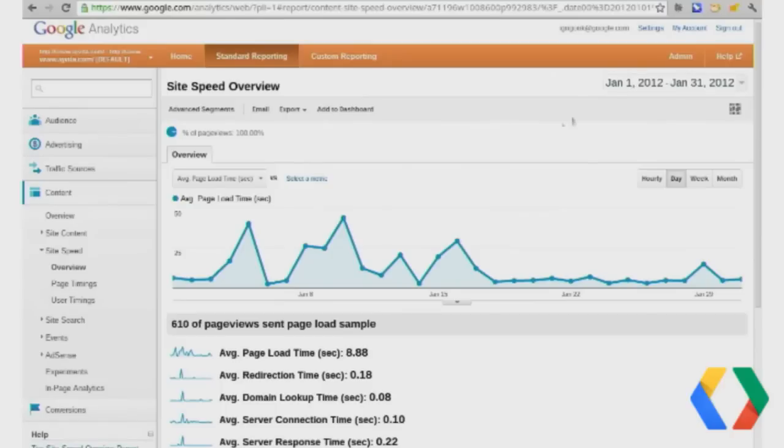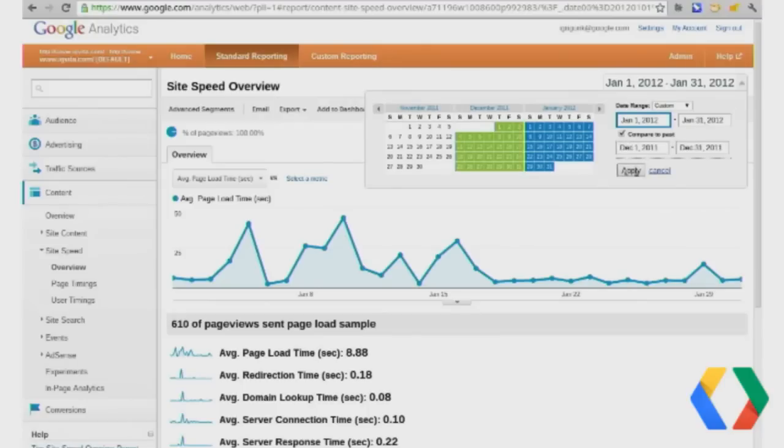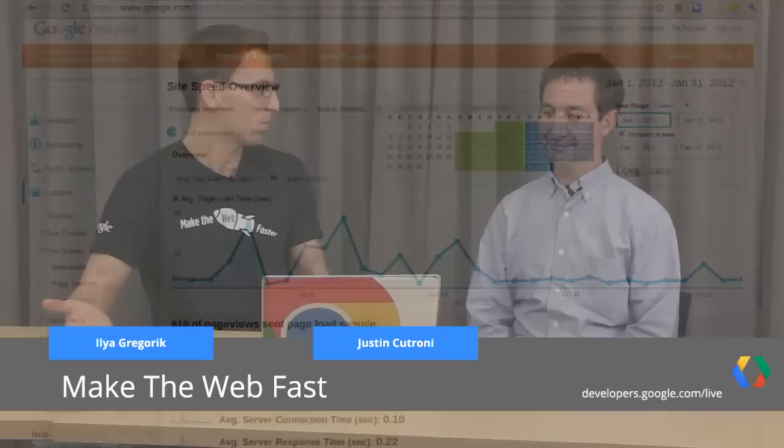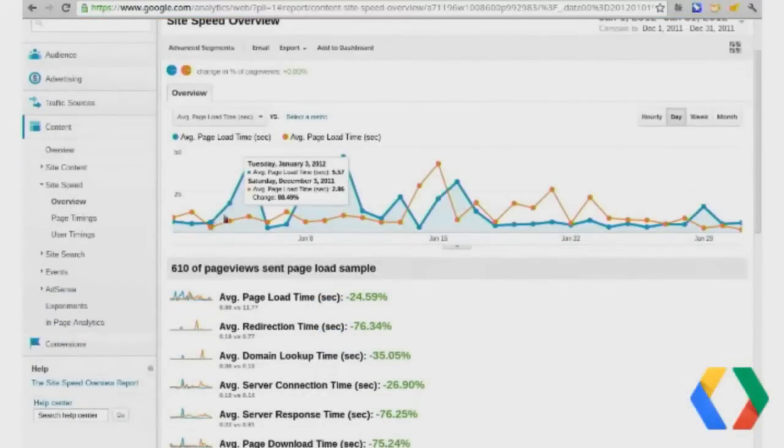So what I want to show you here is the data after I migrated. Now let's select this, and I'll do compare to the past. So I want to compare January to December. Did all of this work that I did on December 31st amount to much or not? So I'll compare this, and now we have two lines here.